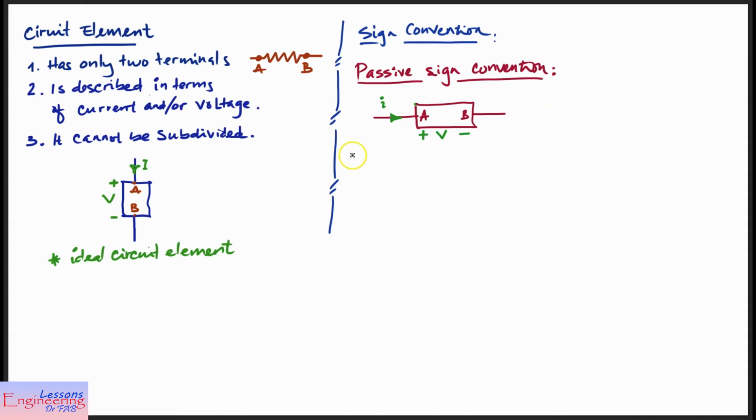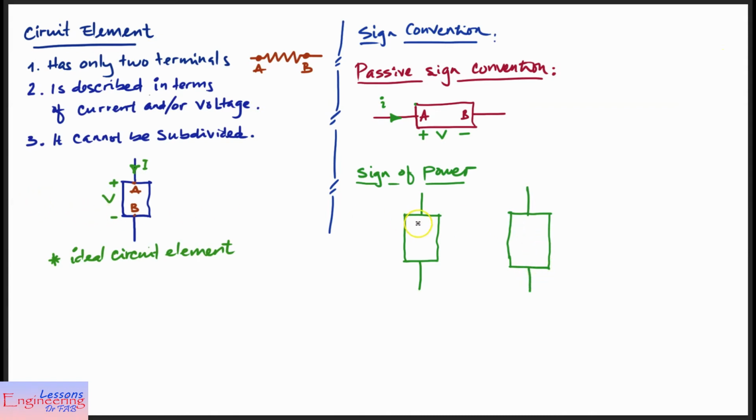So this circuit element consumes some amount of power. Then I think it's important to also discuss the sign of power and whether that polarity tells us any information about what's going on inside our circuit element. Now let's take this example. Two circuit elements. First, following the passive sign convention, and the other opposite to the sign convention. So we have these two terminals, A and B, okay, and the voltage drop is such that we have, let's call this V2, V1,